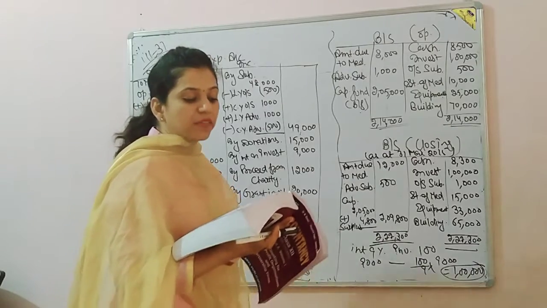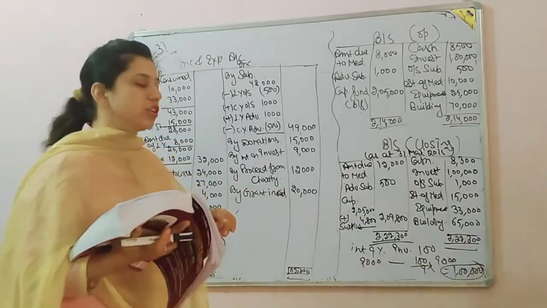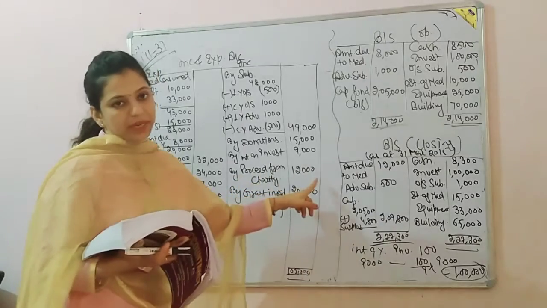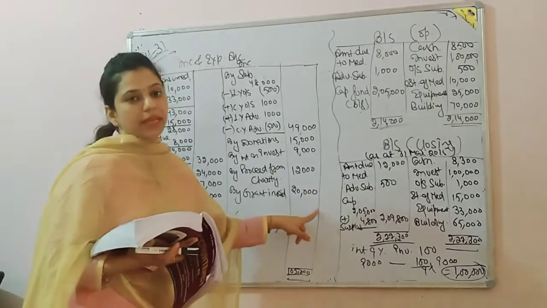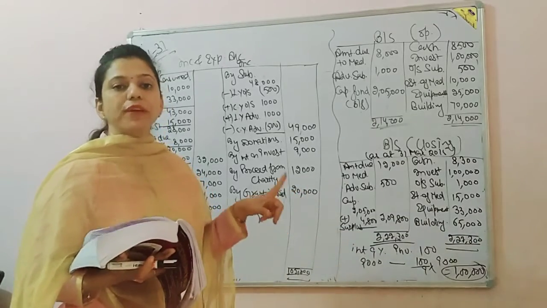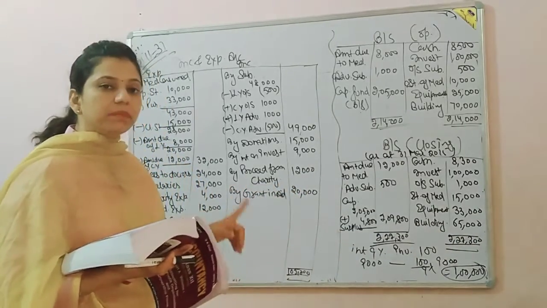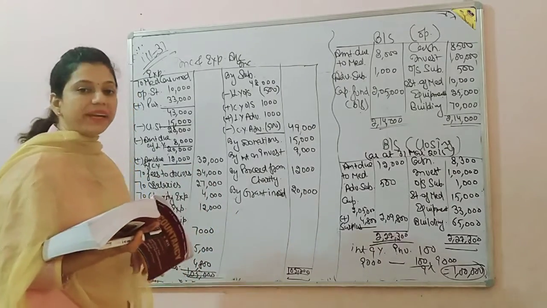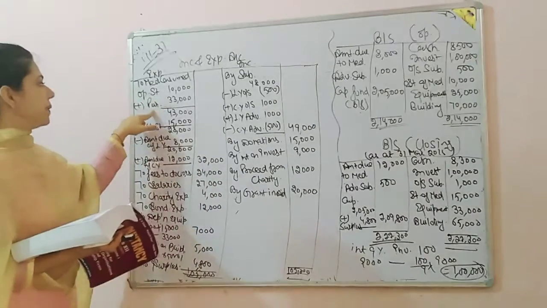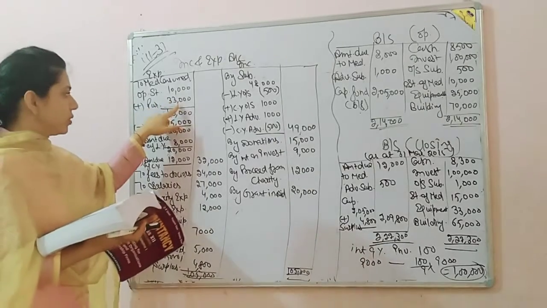Next, after that we proceed to charity show. It is again an income, so credit side. Then grant in aid, it is also an income, so credit side, because they are not of capital nature. Now we will come to the payment side. In payment side we have first payment for medicine. So medicine payment will be here 33,000.